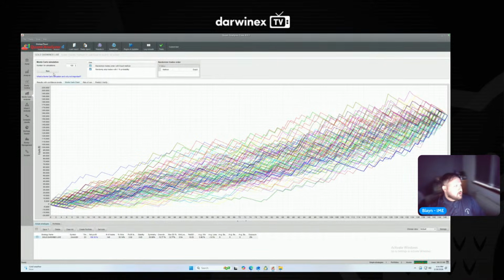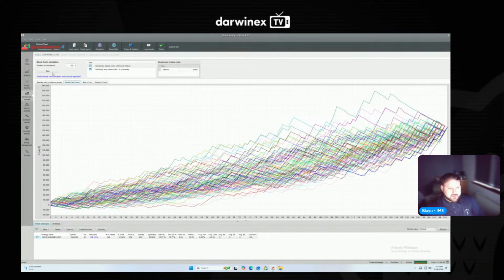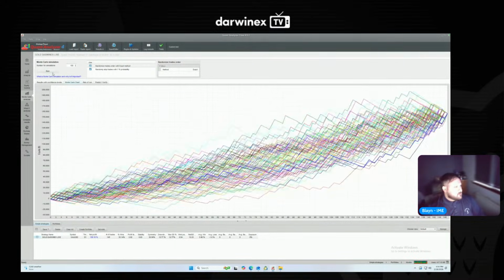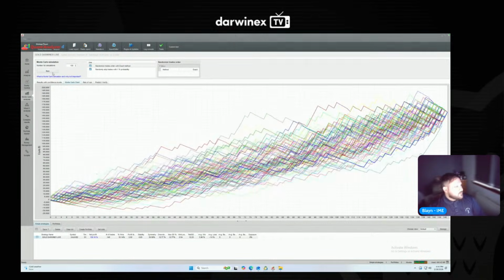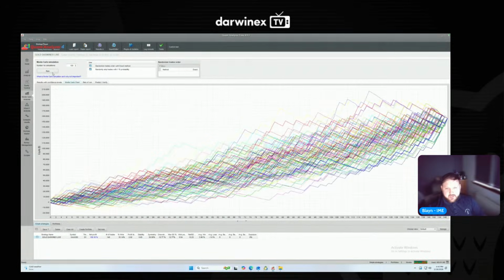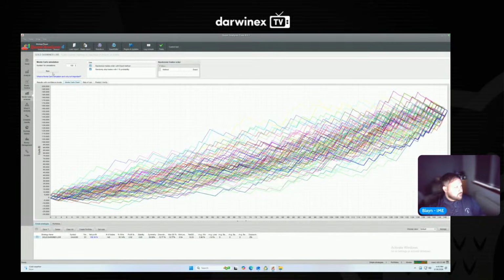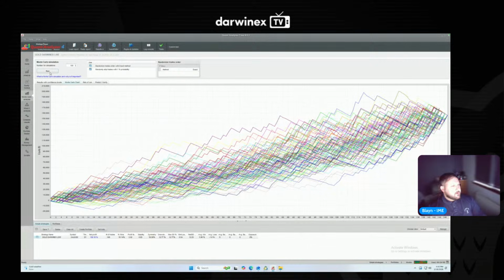So I normally run a couple of hundreds, so I can run another one. And again, look, we see a different chart, a different chart, a different chart. So it shows you how random trading is and how random the strategy is as well. Because again, we're seeing totally different outcomes every single time we run a simulation. So normally what I do is run 1,000 simulations, and I would say 1,000, I'm okay. The more trades that you have, the more differentials you can have here. So we've not got a lot of trades, so that's why we're not getting massive differences. We've not got enough trades for there to be massive differences in sequence.